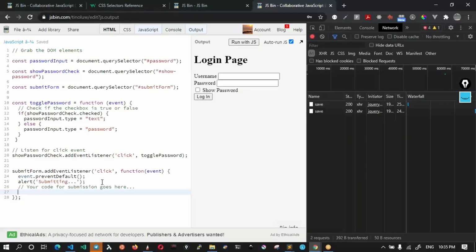But there are a lot of other uses of preventDefault. We'll see them in different contexts. Now we are talking in the context of a form, so it always has to be there, and this is a very common bug. Even experienced people, when they write the code, sometimes face this issue and still try to figure out why the code is not working. The simple thing is, if it is a form, you have to do a preventDefault.